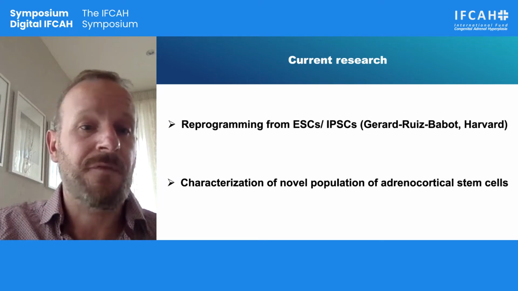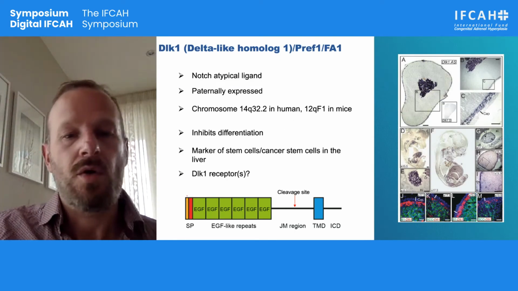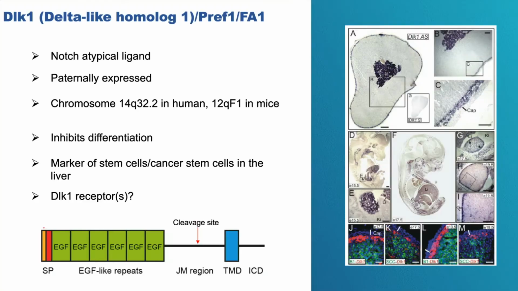And if I have a few minutes left, maybe I can tell you about what we are doing at the moment, which is still in line with potential new cell-based treatment for adrenal insufficiency. In general, we're interested in this protein, which is called delta-like homolog 1, an imprinted gene, known to be involved in regulating early differentiation events. It seems to be keeping cells in a rather undifferentiated state, and this is mostly true, for example, for hepatoblasts. It is a bona fide marker for isolating hepatoblasts from the liver.